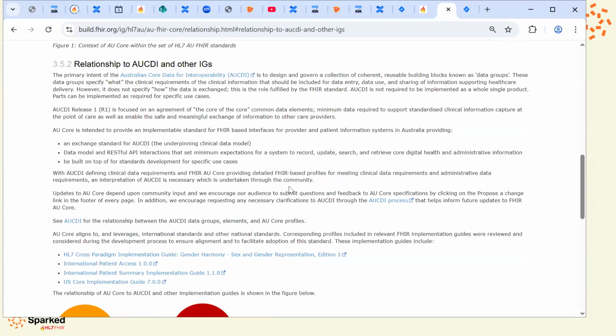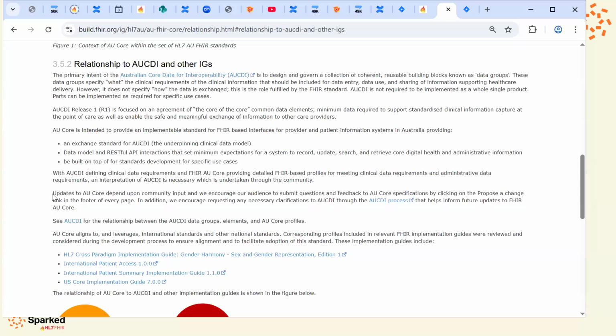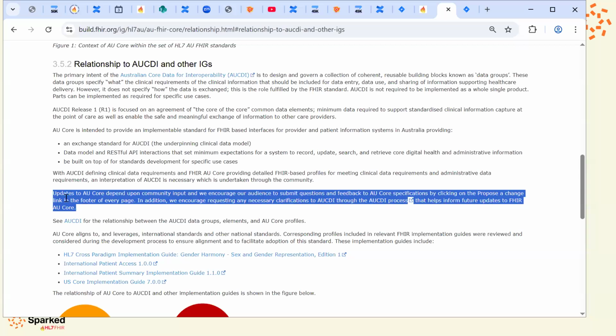I do think we could remove some of the paragraphs from this page, relationship to AUCDI and other IGs, like the paragraph that talks about community input could possibly be removed, and we can slightly revert the paragraph that links to the AUCDI page to remove some of the duplications. But other than that, I think I would be very happy to keep the content as is. Okay, so you're saying your suggestion is that we could remove the bit on updates to AU Core depends on community input,